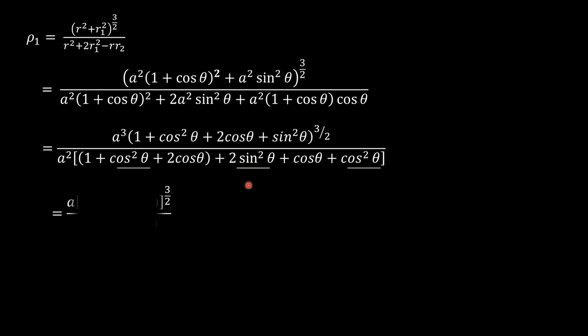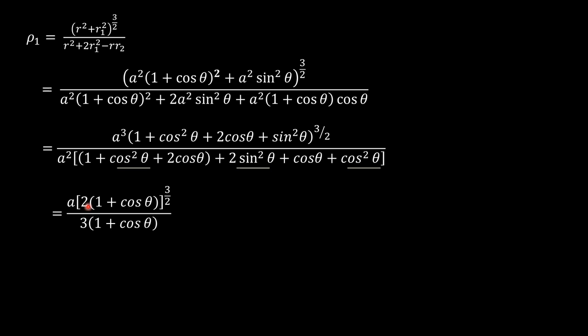What is 2 cos square theta plus 2 sin square theta? It is 2, isn't it? So 2 plus 1, that is 3. In the denominator you have 3 plus 2 cos theta plus cos theta, that is nothing but 3 cos theta. So I have taken 3 outside over here. So 3 into 1 plus cos theta. The denominator reduces to the form 3 into 1 plus cos theta.